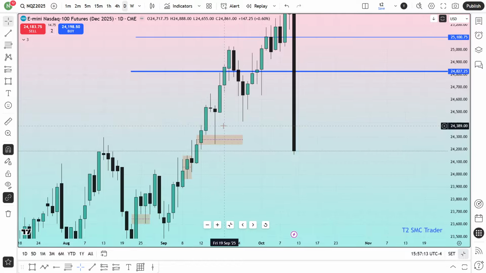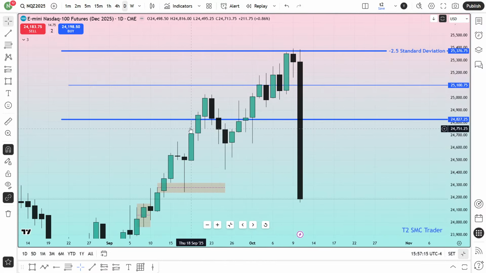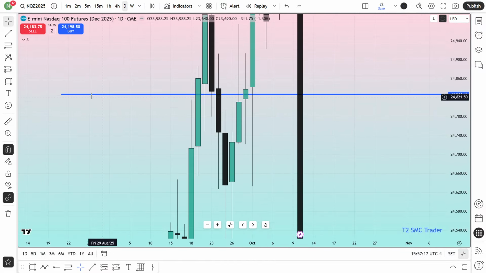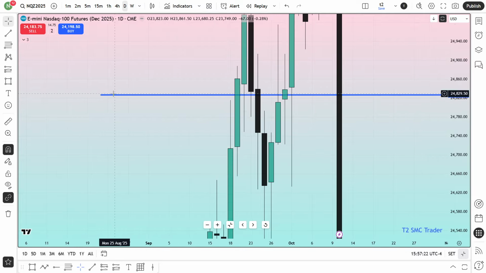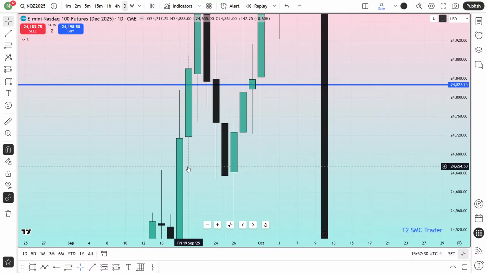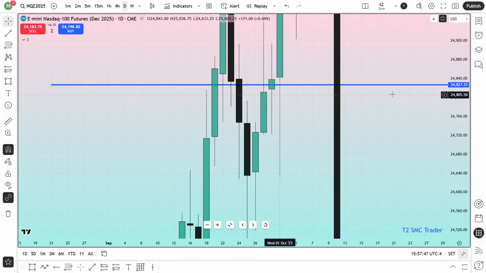Okay, no bearishness. Then the next candle, you can see it came here but failed to tap this line. See, this line is not being tapped by the daily candle, so it left a bit of a portion open over here. Then next day the market opened and went higher again. Remember, until this is touched, I'm not looking for bearishness. When it touches for the first time, I will start to look for sell if the body doesn't close above this line, minus 2 or minus 1.5 standard deviation.